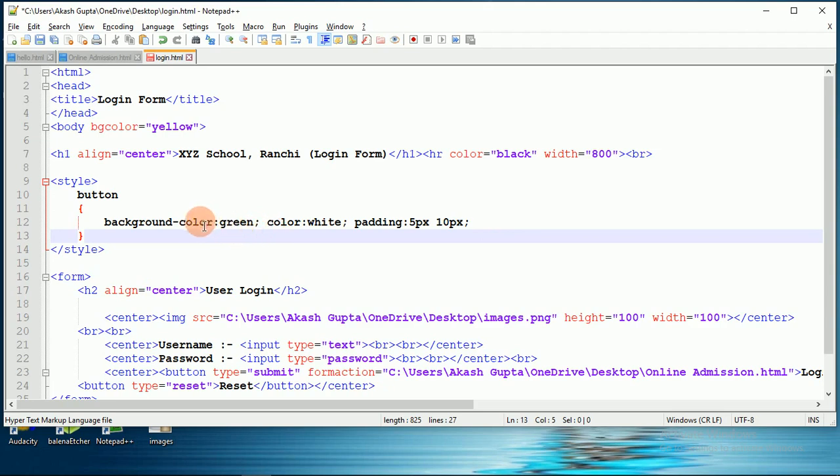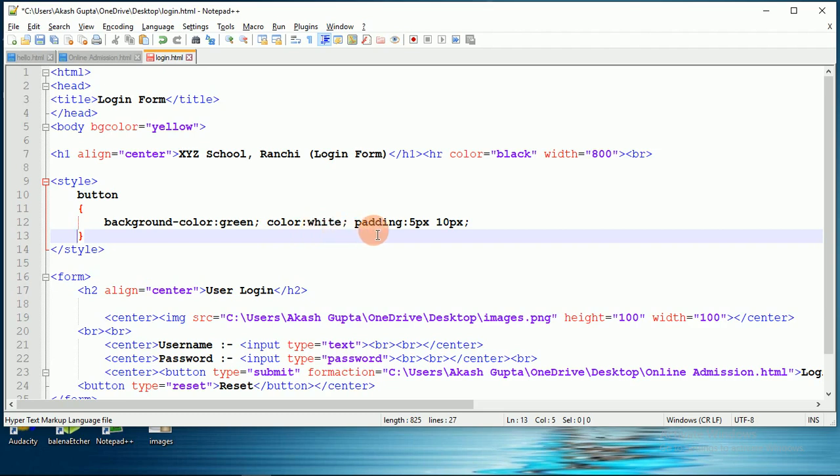So I want to change the background color of my button to green. Background color is a property and green is the value of that property. And semicolon is the stopper, means this property has been stopped there. Then we will start a new property that is called color. This is the color of the text, so the color of the text inside the button will be white.